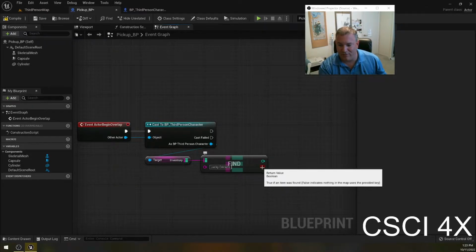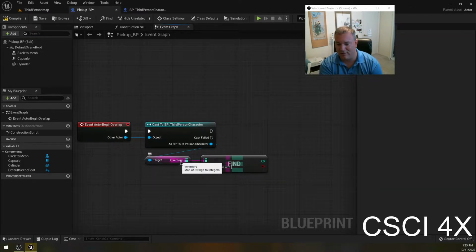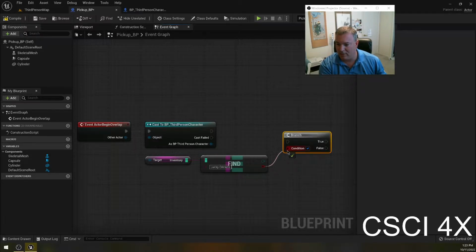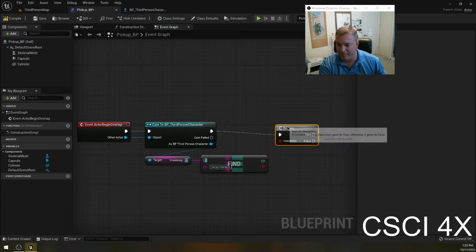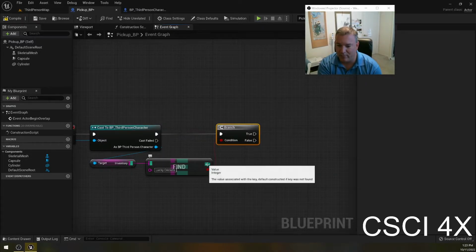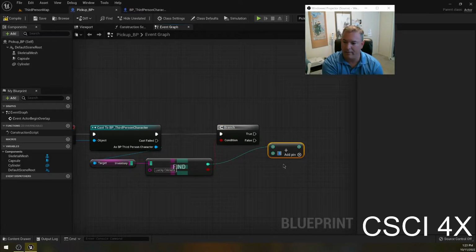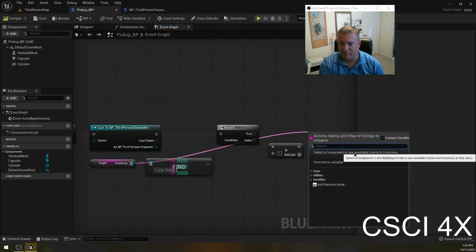Okay. And so if it's the first time we've ever picked up a lucky cricket, what we're going to do is we're going to insert into the inventory, you've got 1. If not, we're going to add 1 to the count. So what we're going to do is a little branch here, hold down B and click and drag that in there. And so this is saying, have we ever found lucky crickets before? If we have, what we're going to do is grab the current value, add 1 to it, like that. And then we are going to set the